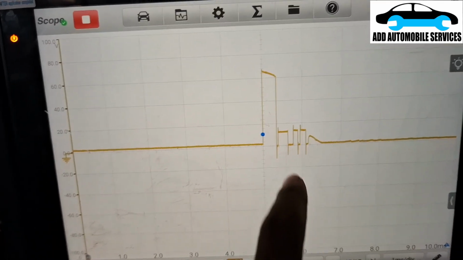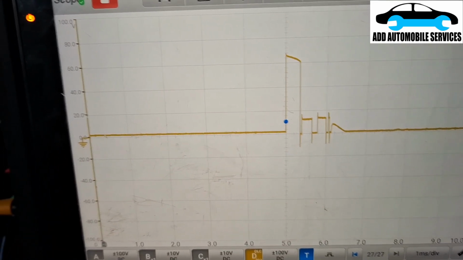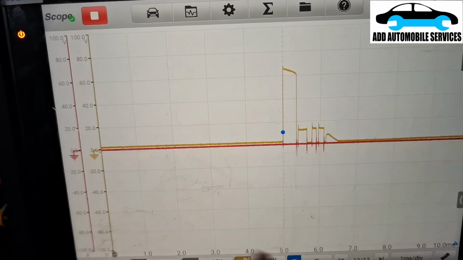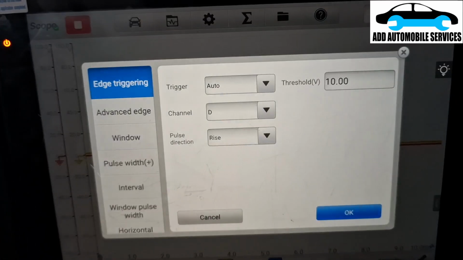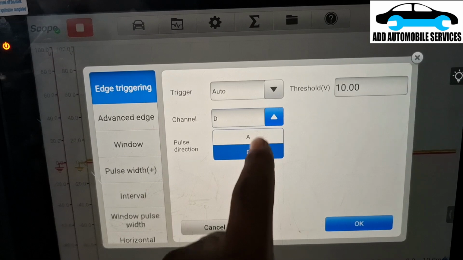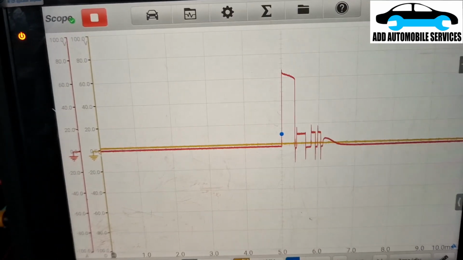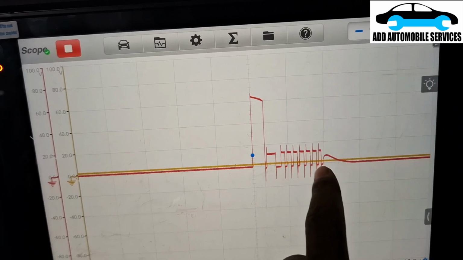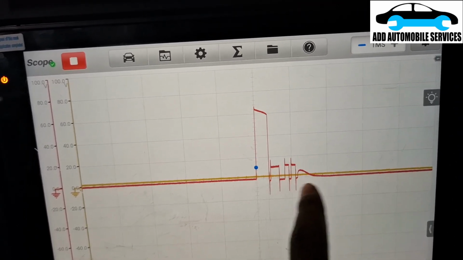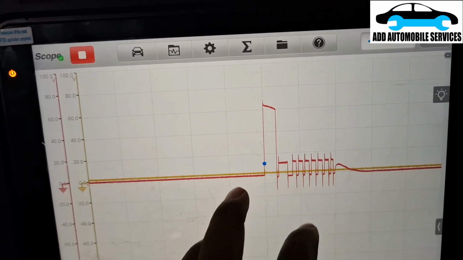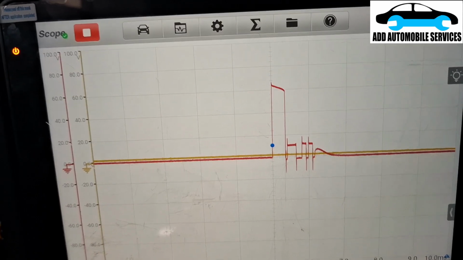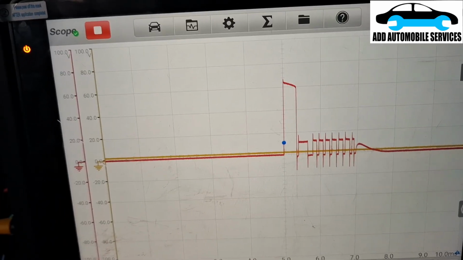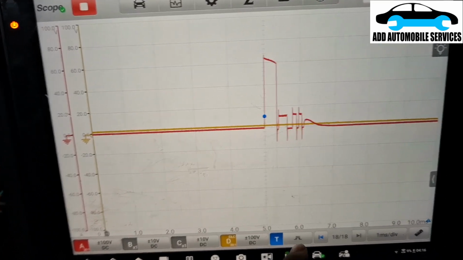Yeah, so if you check this pattern and the one I'm going to show you now, we want to compare the two patterns and see if you get any difference. So you can see, this should tell me that there is something wrong somewhere that I have to check. Let me try and see if I can get 5 volts for the arm clamp, then connect it to it,